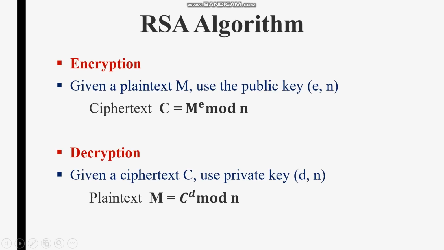Now for example, here we have taken the plain text as M. If you have a message called HIDE that has to be encrypted, first you map those alphabets into a numeric range. Since there are 26 alphabets, you start assigning values from 0 to 25 or from 1 to 26. So convert to the corresponding integer value: if A is represented as 1, B as 2, C as 3, and like this it goes till Z as 26.